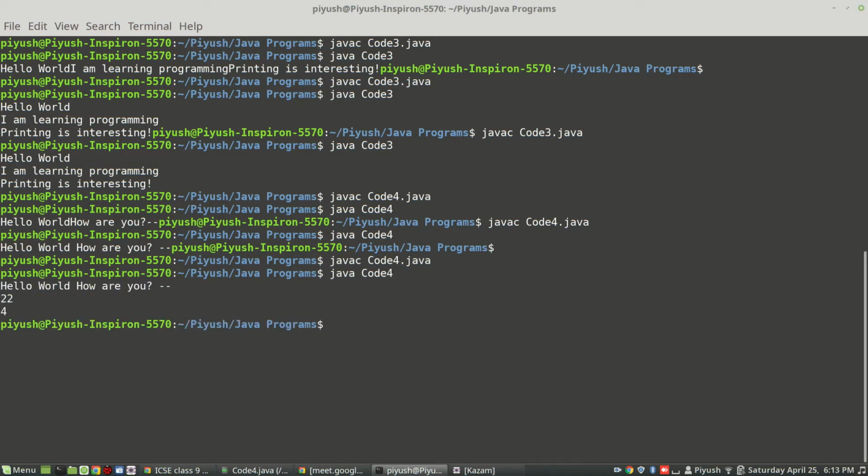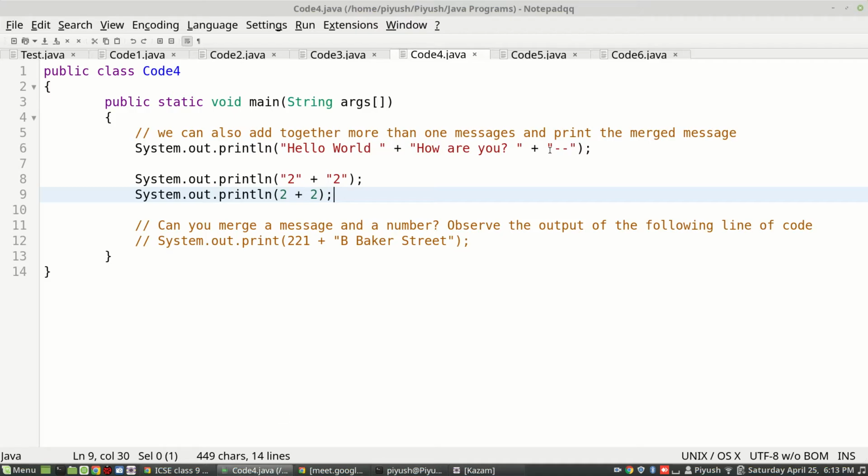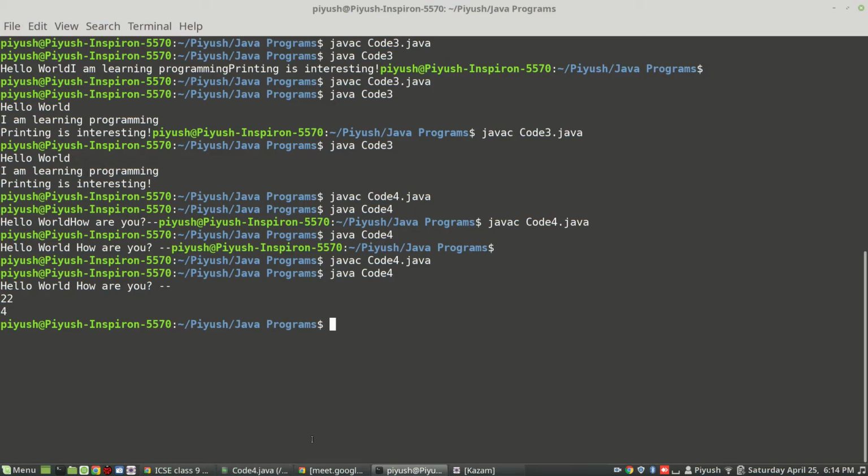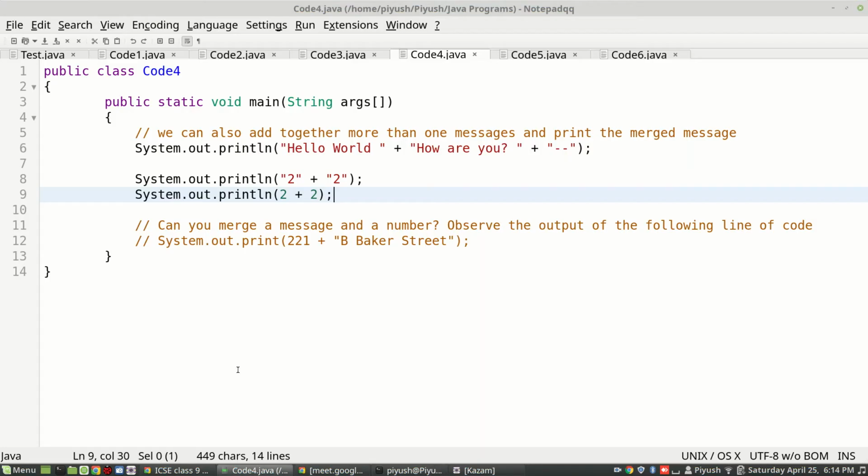Now you can see, the first one was a pure message, two or more messages added together, resulting in the formation of a single message, which was then printed, and the line was changed because println was there. The second was 2 as a message added to each other, so they merge and stick together, and then it is printed as a single message.